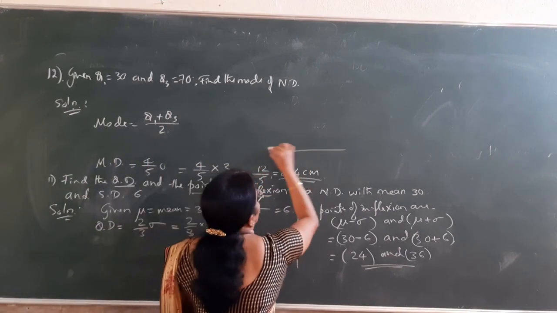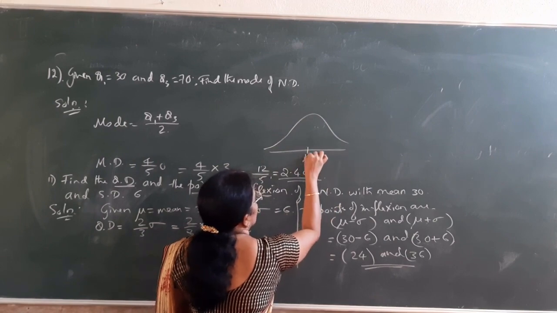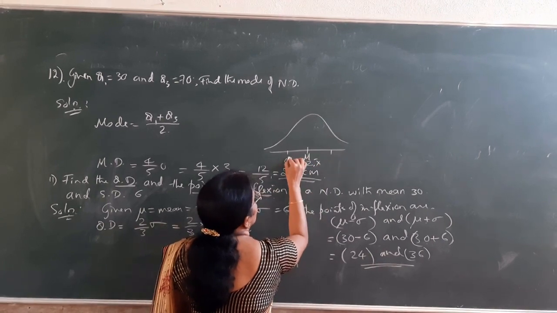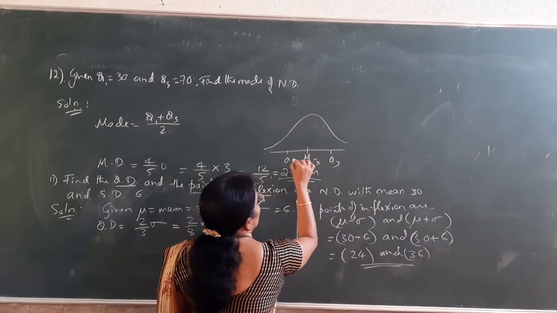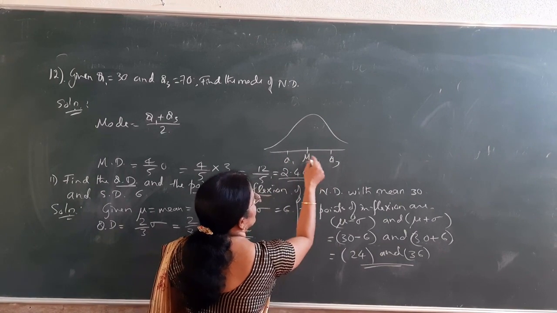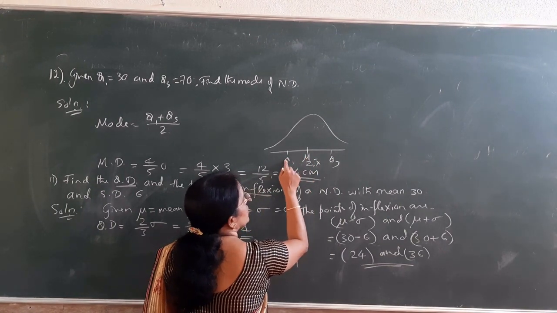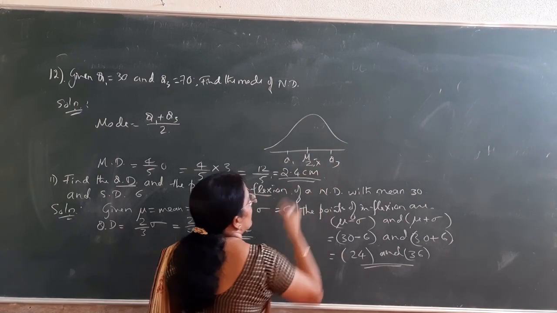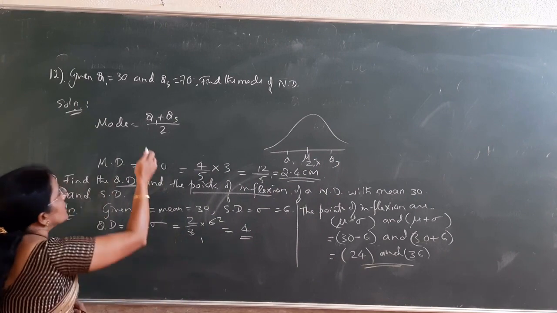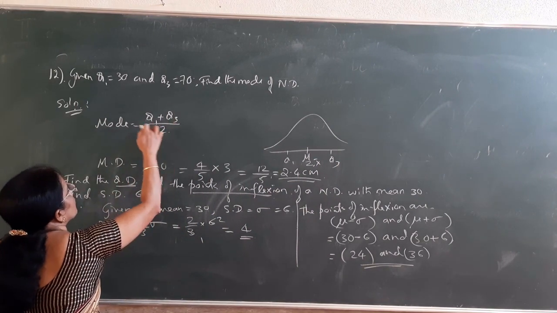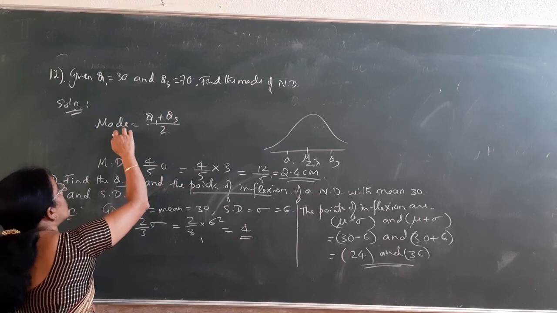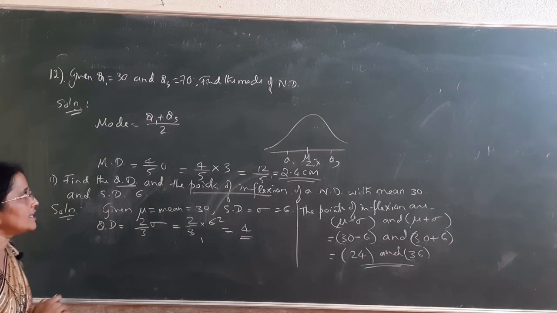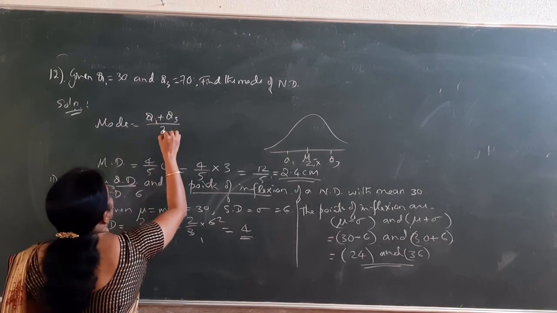That is, in a normal distribution, the middle point here, median lies, mode also here exists, and also x bar, and these are Q1 and Q3. Q1 and Q3 are equidistant from all the three factors. That is, m minus Q1 is equal to Q3 minus m. Similarly, z minus Q1 equal to Q3 minus z, and so on. Therefore, in a normal distribution, this is the formula to find mean, median and as well as mode if Q1 and Q3 are given. It is applicable only in normal distribution, right? So, mode equal to Q1 plus Q3 divided by 2.